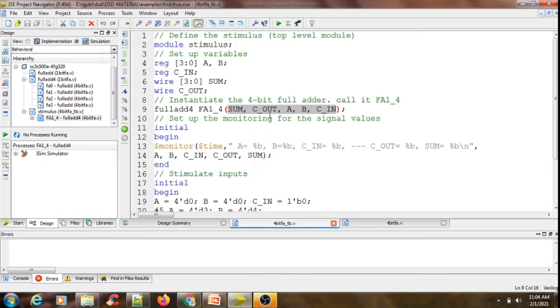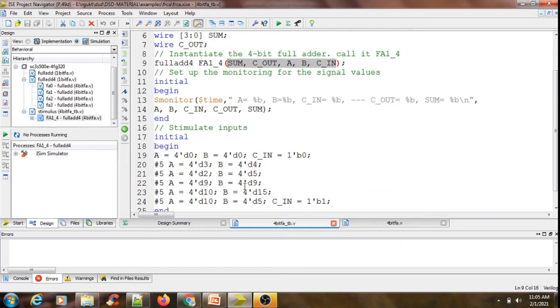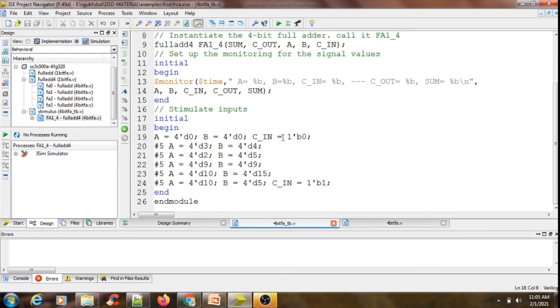Here also I have outputs followed by inputs. In the initial begin, instead of writing $display many number of times, I simply wrote $monitor a single time. Next, I am varying the A value, B value and C value.